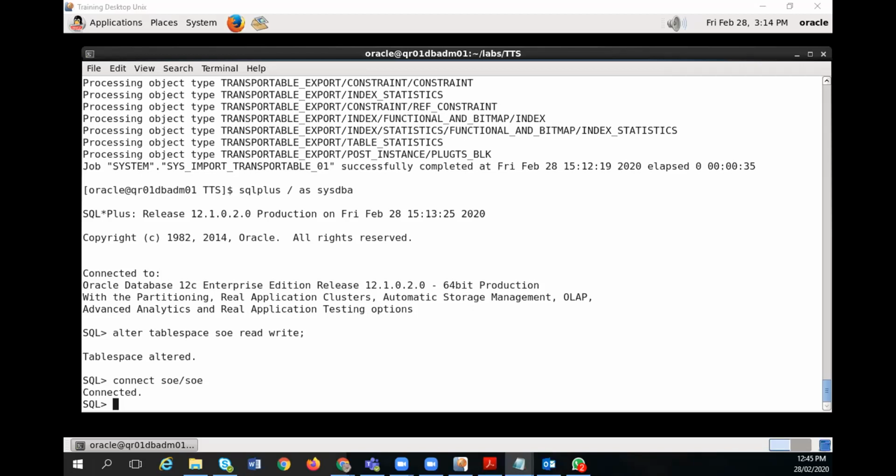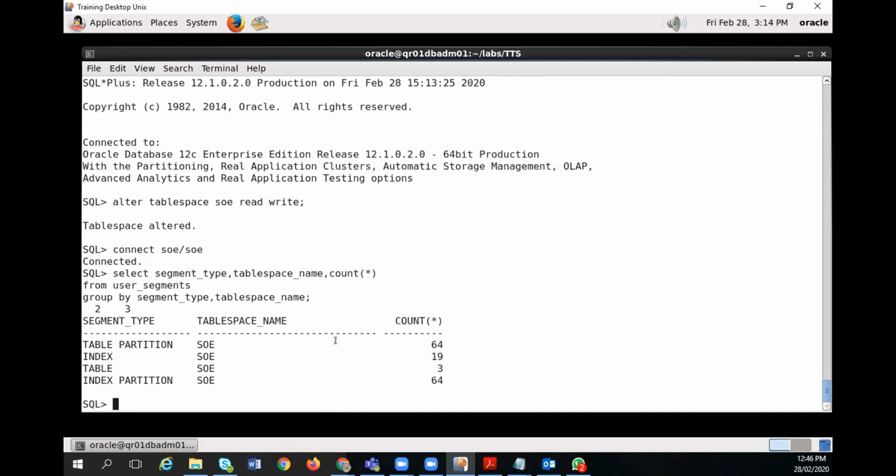I'm just checking. Now you can see your table is there, index is there, partitioning is there, all of which was in a schema in the source. Got it?